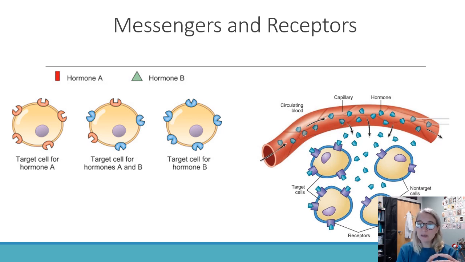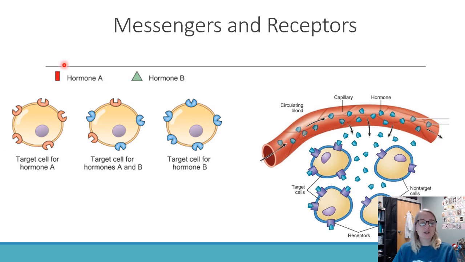So we saw this a little bit in the lymphatic system or the defense against disease chapter earlier, where you have your receptors that are recognizing the antigens, right? So the receptors on the T cells or the receptors on the B cells are only recognizing that antigen, or the antibodies are only recognizing the antigen. It's the same type of deal, but the receptors in this case are embedded in the wall of the target cell, the cell that you want to tell that message to. And the messengers are going to be hormones in this case, or neurotransmitters if you're in the synapse.